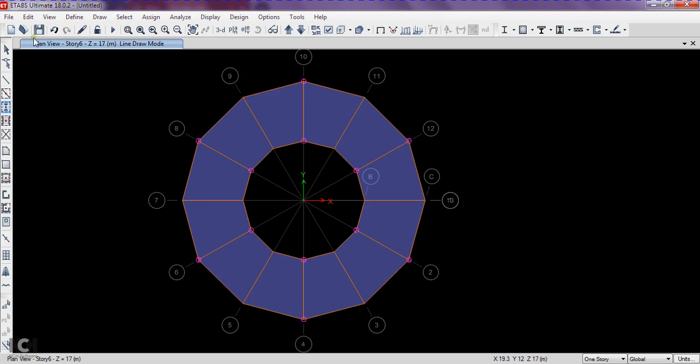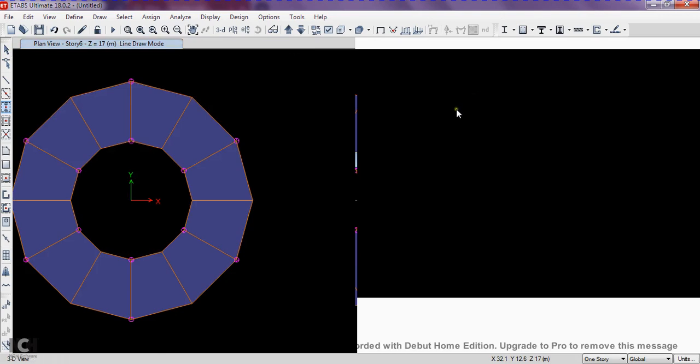Now you want to see this in a 3D view. So go to add window list, add new window. Something problem is there, let it be.